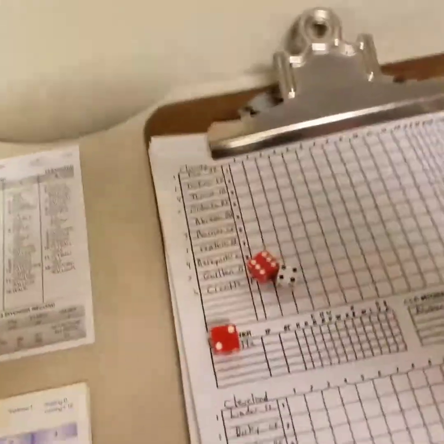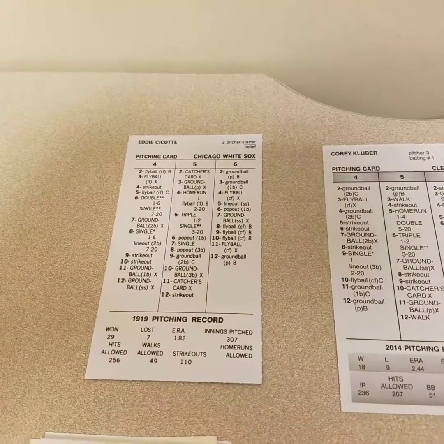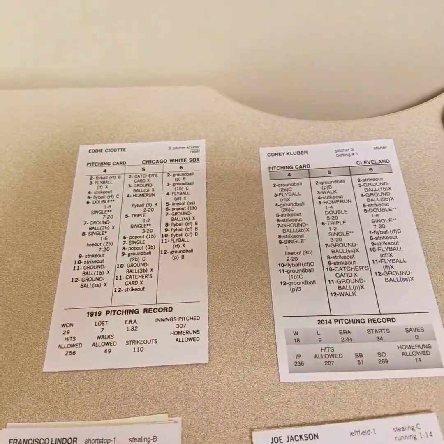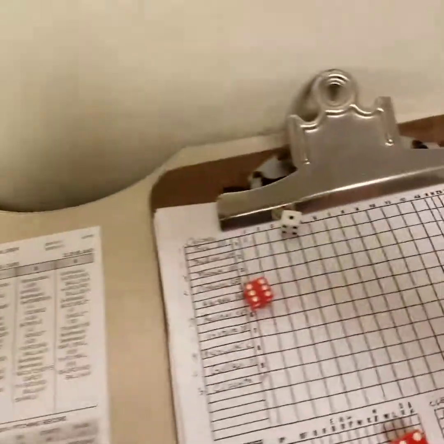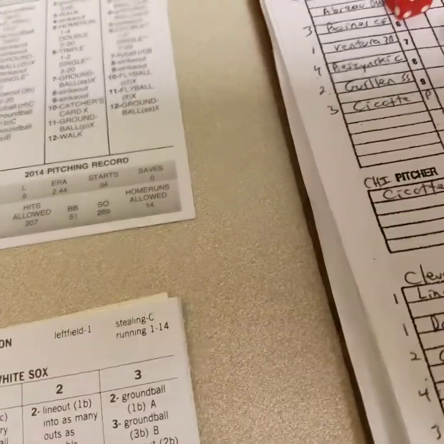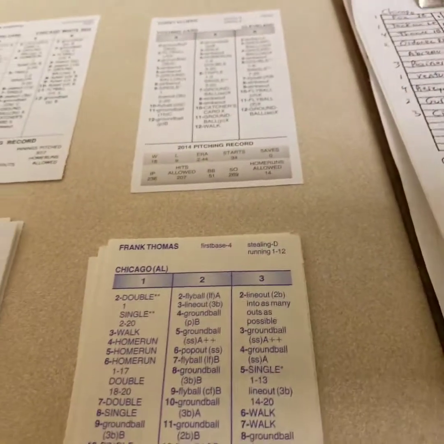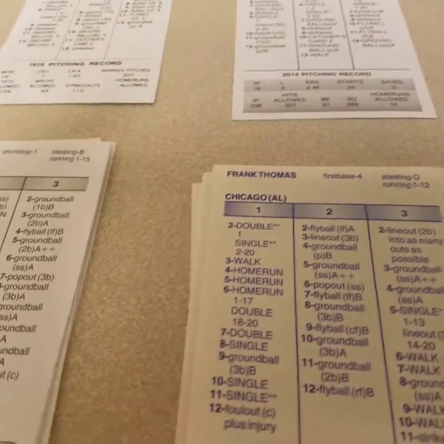First batter of the game is Nellie Fox. He rolls a 4-8 under Kluber, and that's a strikeout. So Corey Kluber starts out striking out Nellie Fox to start the ball game. Brings up Shoeless Joe. He would have cold feet today, as cold as it is, if he didn't have any shoes on. 110 is a line out to first, and quickly 2 away as Corey Kluber makes quick work of the White Sox. Here's Big Hurt, Frank Thomas.